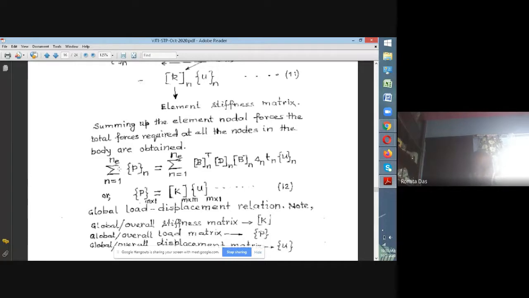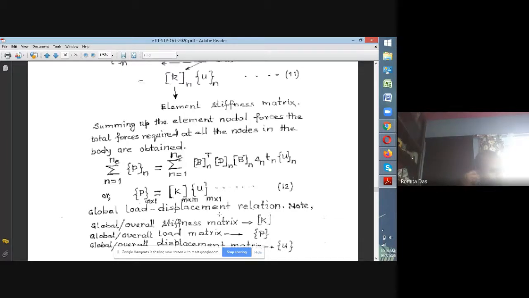It will sum up to the global loads, which is P. If you have m number of degrees of freedom, then the load vector m by 1 is equal to the stiffness matrix, which has dimension m by m, multiplied by the displacement matrix, which has dimensions m by 1. So that's it. So in a global sense, what is that? It is just like